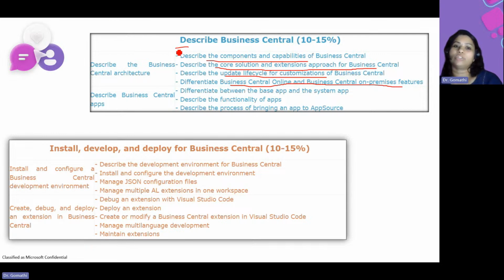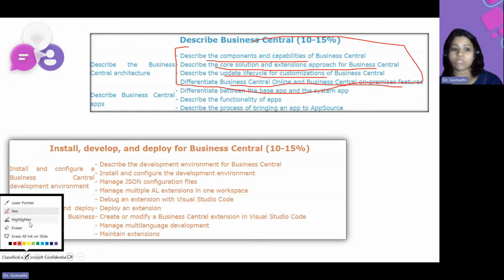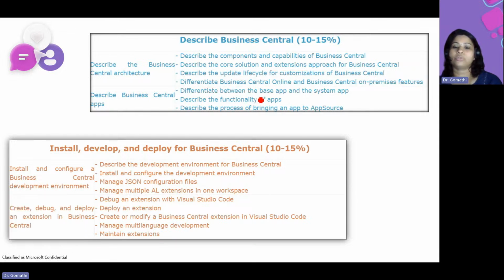What is the difference between on-premise and online? This is the first part. The second part, in describe Business Central, is what differentiates the base app from the system app. I can tell you that this is very important. So you should know the difference between the base and the system app,